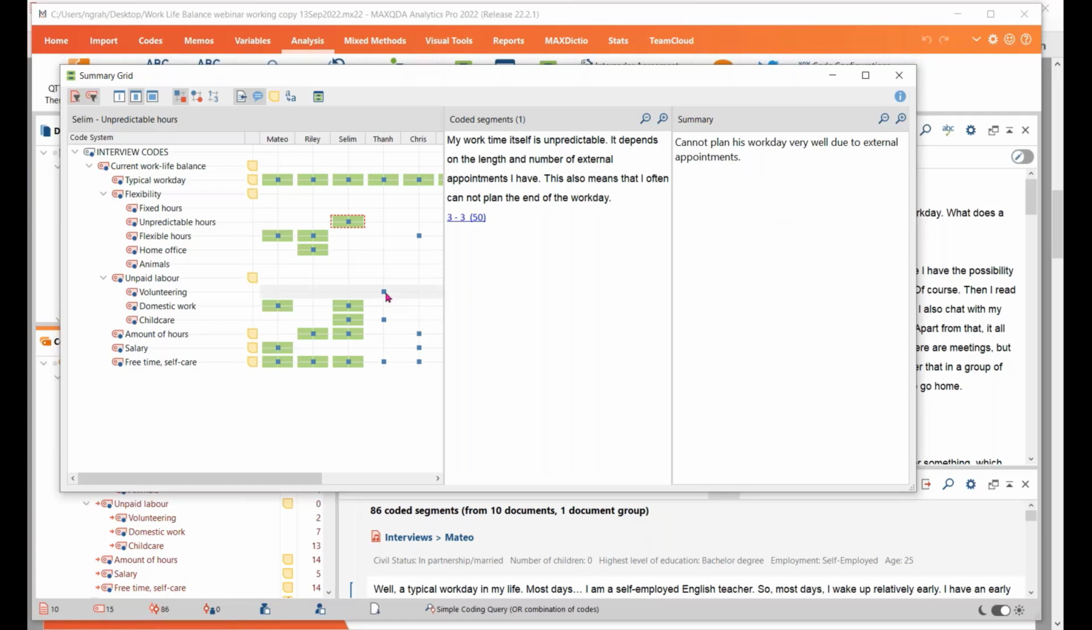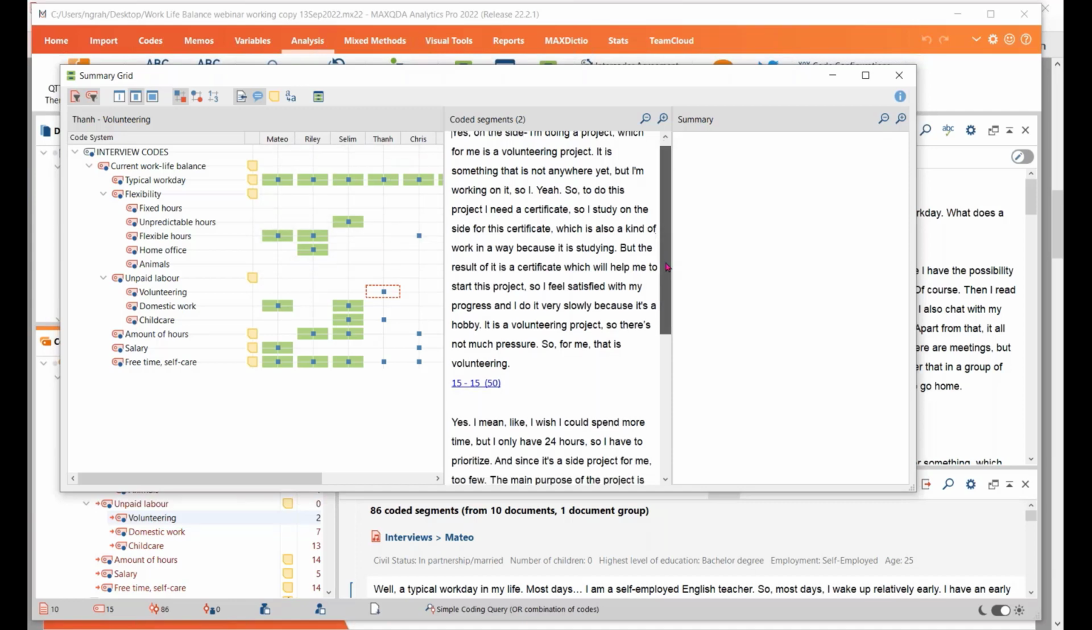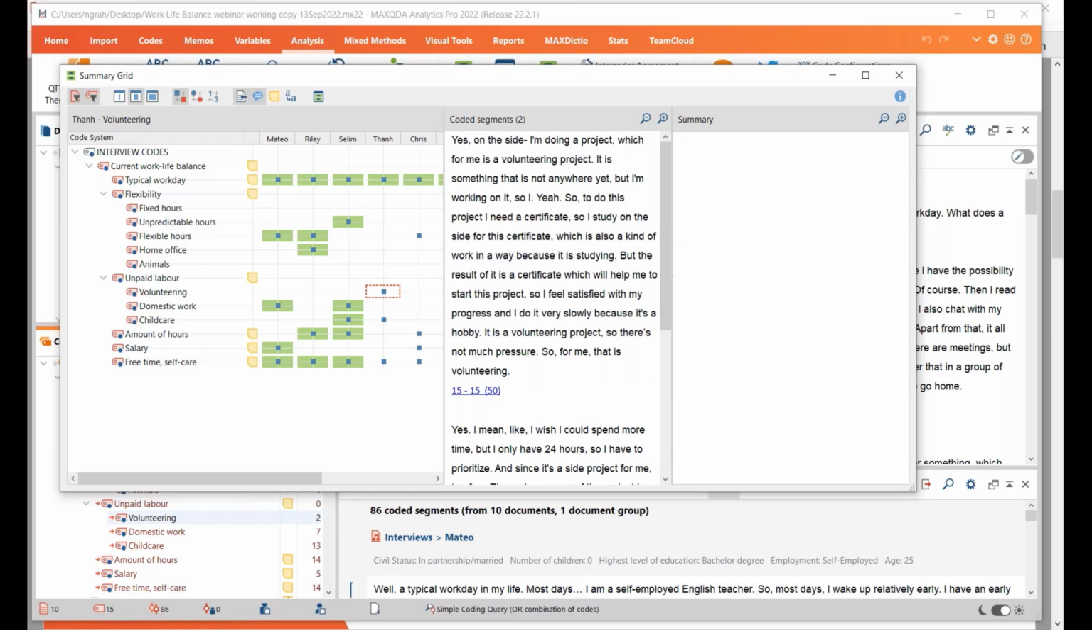So if I click on this volunteering one for TAN, there are 2 coded segments coded to volunteering for TAN. I can scroll up and down and read those 2 segments here in the middle, and then I can data reduce those. I can write a summary in my own words, quite possibly. You can do copy and paste for little key phrases and so on. You do a mixture of your own words and your respondents' words,